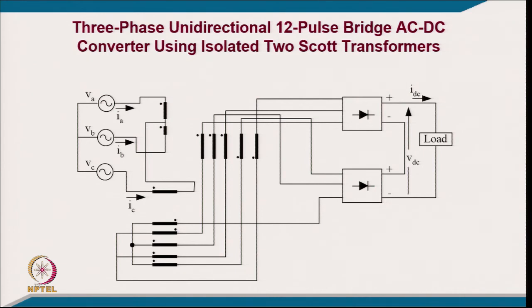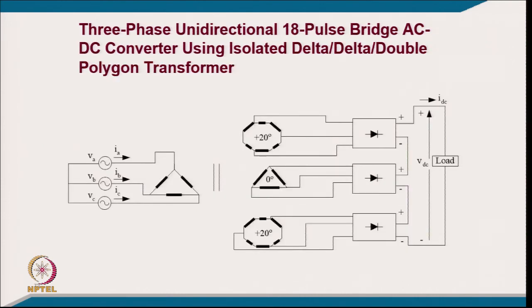So, there are plenty of ways that we can realize this 12 pulse with the bridge configuration. 2 bridges are required. So, this is typically a Scott connected transformer. Two are used, one transformer is vertical, another is horizontal. So, all windings are on 2 transformers. And this is another, now 18 pulse, where we are giving 0 and plus minus 20 degree phase shift for 3 converters, connecting them in series, and this gives you 18 pulse